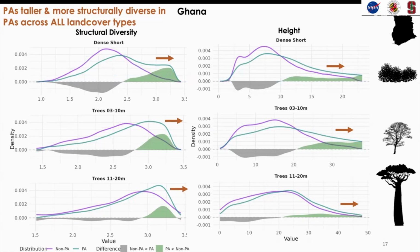The land cover layer that I used was the GLAD Global Land Cover Data Set, and these are the three most common land cover types indicated in Ghana from that data set. We have dense short vegetation, trees 3 to 10 meters, and trees 11 to 20 meters. What's interesting here is that across all of these land cover types, we see that protected areas are taller and more structurally diverse, which again is indicating this positive impact of protected areas in Ghana